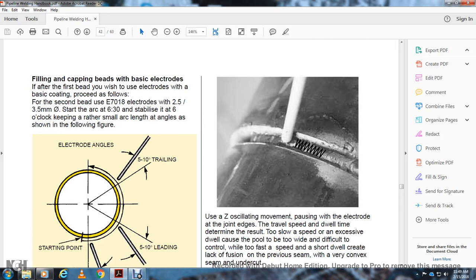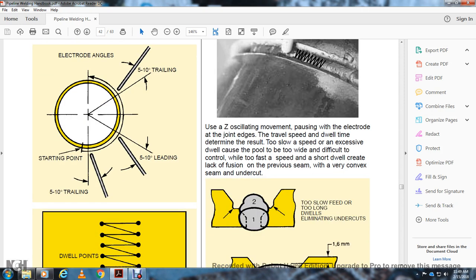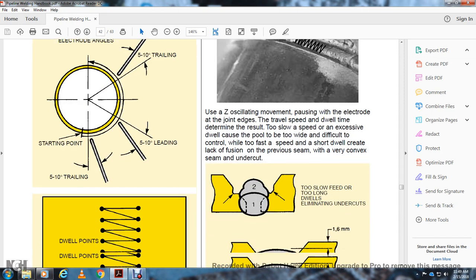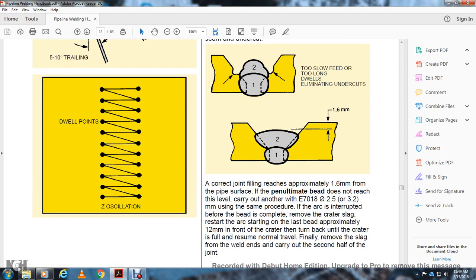Using the Z oscillation with the positive electrode with the joint edge, the travel speed and the dwell time determine the result. The slow speed with excess of the dwell causes the pool with the bead wide, with the difficult control of the disaster of the speed, showing the well-created lack of fusion previously seen with the various convex seam undertaking. Too slow with the V, too long dwells illuminating undercut 1 and 2, and then 1.6 millimeter from the correct, reaching the 1.6 millimeter pipe surface of the